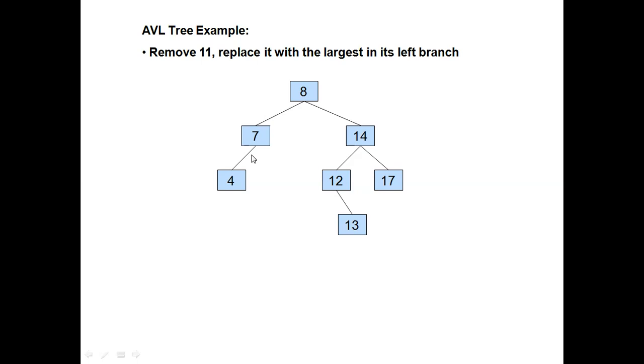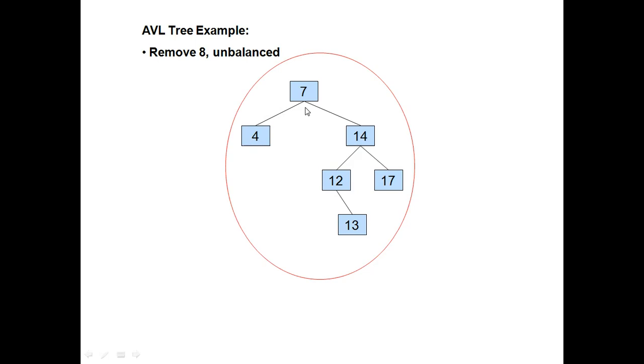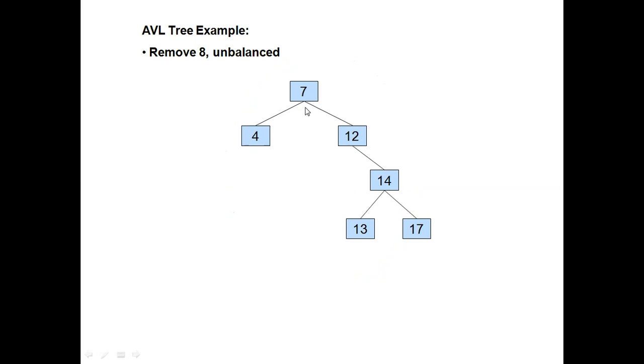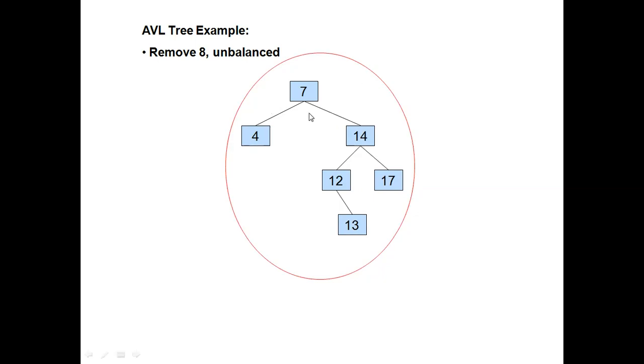So see, that is how it is happening there. That is how we have this node, and then we remove this 8 itself, and it is going to be replaced with 7. The tree is balanced, that's why we are not going to do any rotation. So we have removed 8, we will replace with 7. Now what will happen? The tree is imbalanced. Again we have to see how it is imbalanced, and we have to do the rotation. That is the right of left case, so we have to take care of that one.